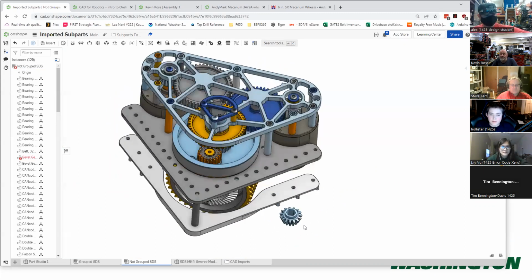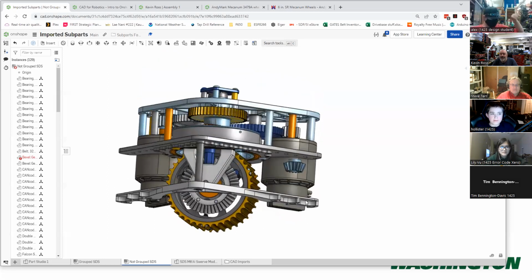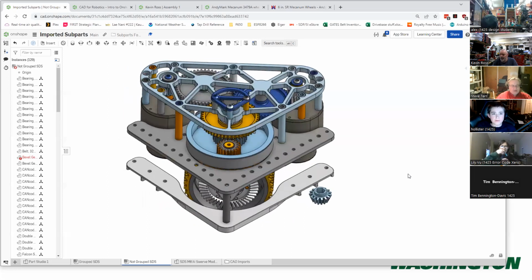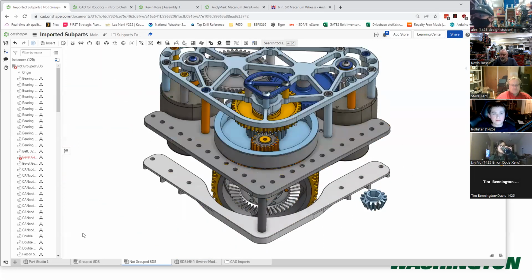But this is good. Again, the Onshape Learning Center, you can learn all of the basics of the program. It runs a lot like other CAD programs. If you're an old hand at CAD, there are some nuances. There are some things it does really, really well. And for all of those who know about the other CAD programs and inserting nuts and bolts, you can do